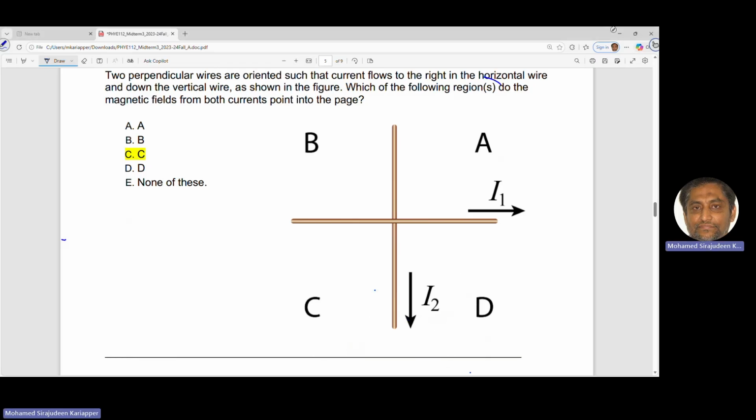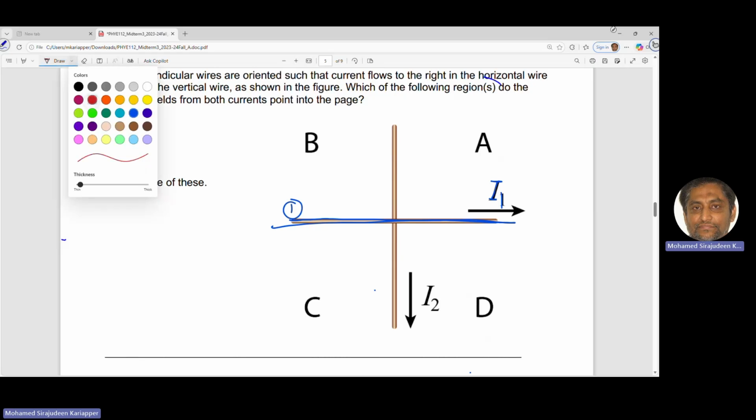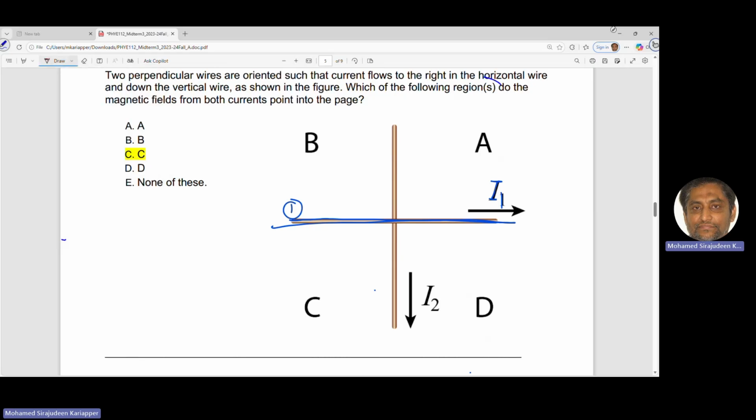What we have here is two wires. I'll use the blue pen for wire 1. So this is wire 1. It carries a current I1. Then we have a wire 2 kept perpendicular to that. It carries a current I2, but downward. The question is,